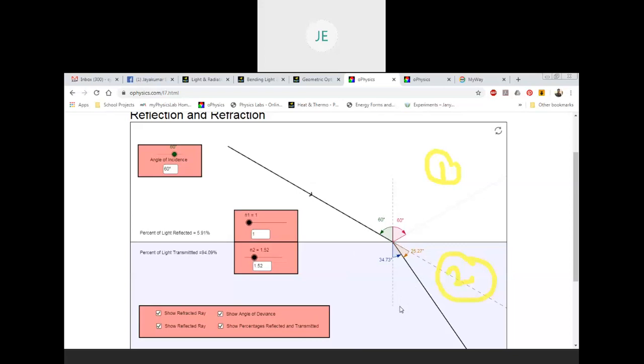We have discussed this now. Will it be the same if you take water? Will it be the same if you take kerosene? That bending or apparent displacement in the case of a pencil, if you take water medium, it will be different. If you take turpentine, it will be different. If you take kerosene, honey, it will be different. For different liquids there is different bending, different deviation angle, different change in refractive index, different change in speed of light. So you will not observe the same apparent displacement in the case of all the media. In the case of different liquid media, you will observe different apparent displacement.